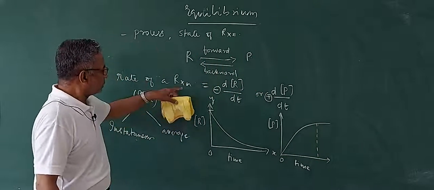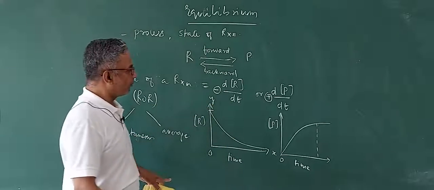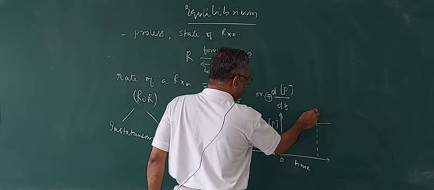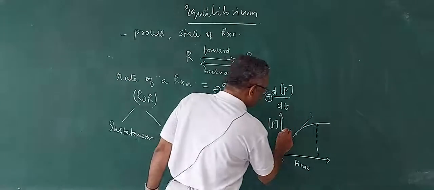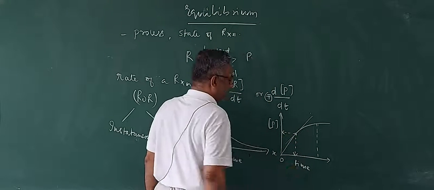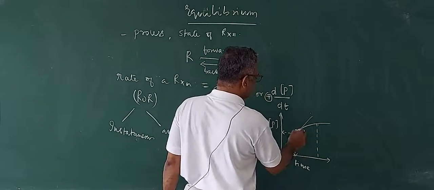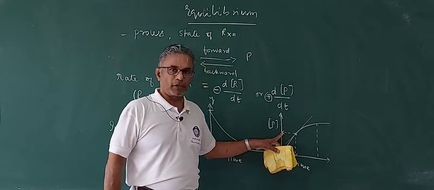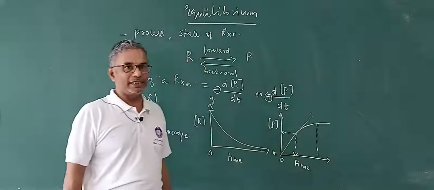So, now this rate we have defined like this. We have two types of rate. Now, when we draw a graph, suppose you take a point on this graph, and draw a tangent to this line, at this point. At this point, we take the concentration of the product with respect to time, and we take this as the instantaneous rate. At this given time, how much product is getting formed during the course of the reaction, we call that an instantaneous rate.